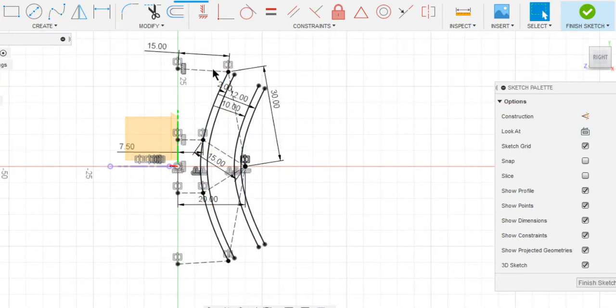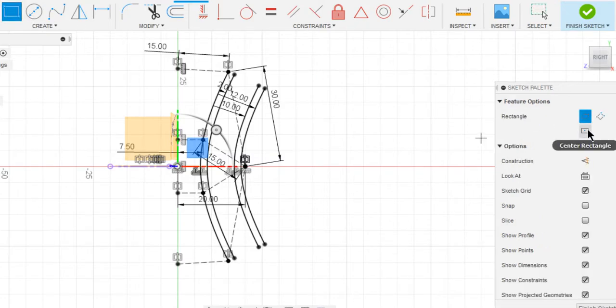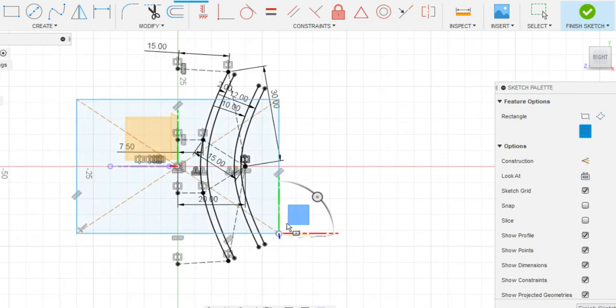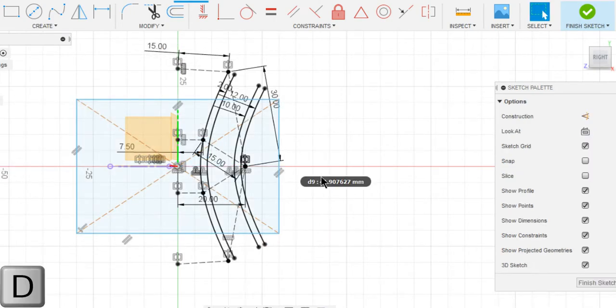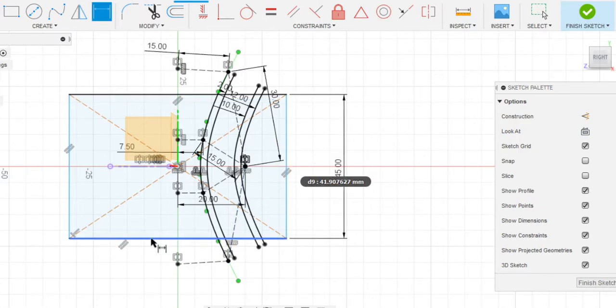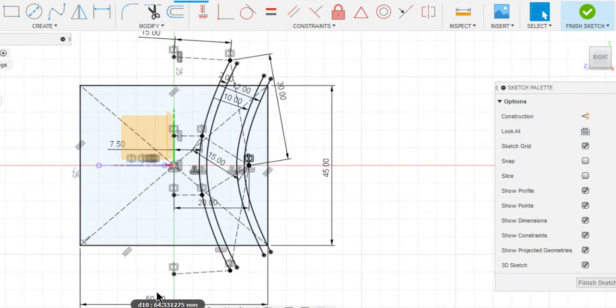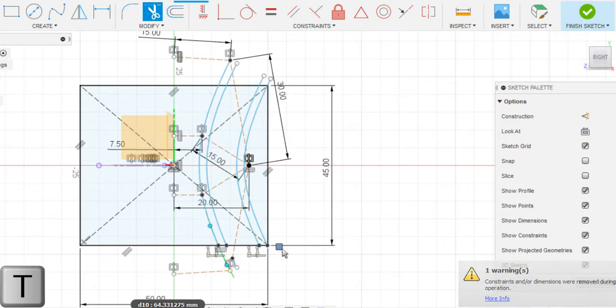Now I want you to draw a rectangle with the origin as center. Place it roughly and the height of the rectangle be 45 mm. The width be 50 mm. Now I want you to trim all these extra entities. T on the keyboard, just drag it over to trim all the entities.